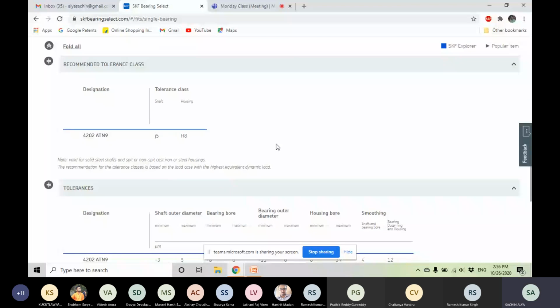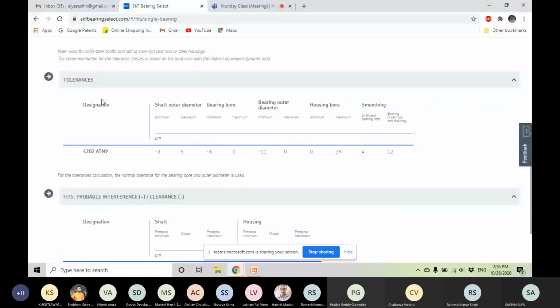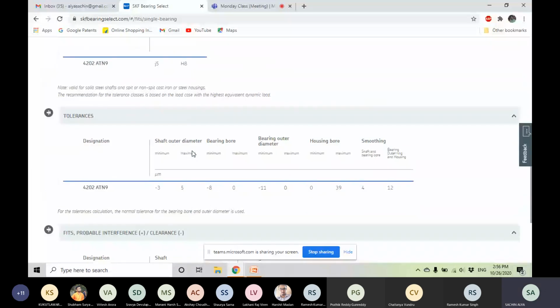Then coming further down, so these are the tolerances, like for the shaft outer diameter: minimum how much tolerance you should give, and maximum what tolerance you should give. So if we want to use these parameters, we can have the shaft or housing machined according to these fits.